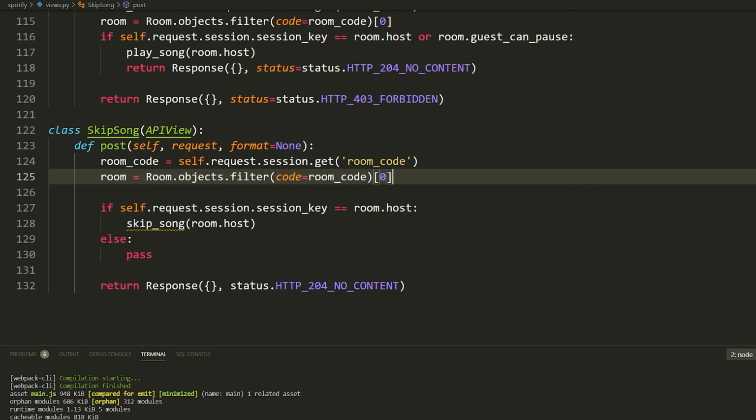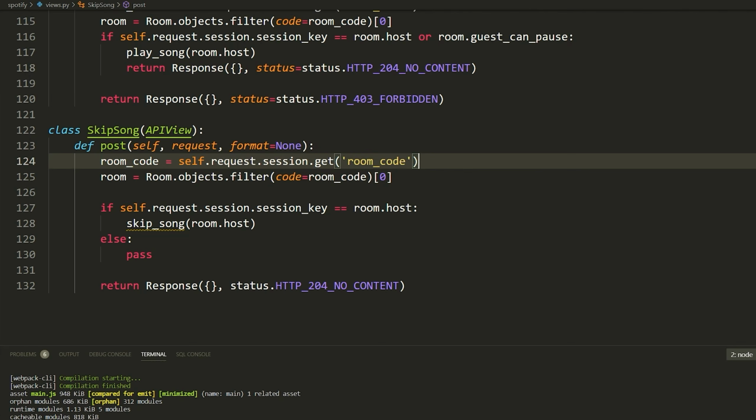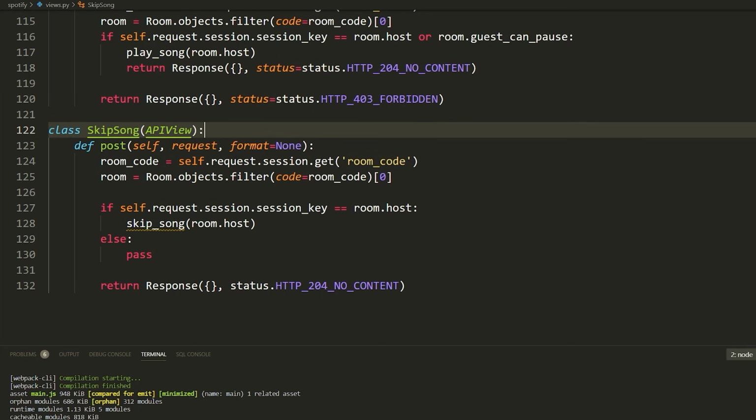But typically, if you're writing a big, large application, you want to make sure everything is really robust. You would want to check to make sure this room exists before you index at 0, right? Because that's going to leave an error. You also would want to make sure that the user actually does have a current session, because they could theoretically send a request to this without having a session created for them yet.